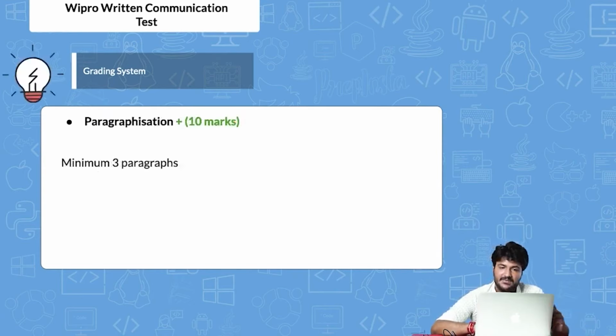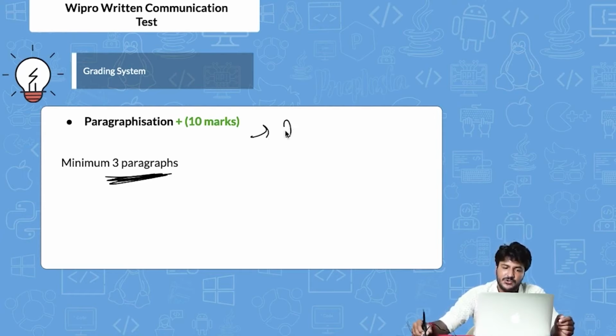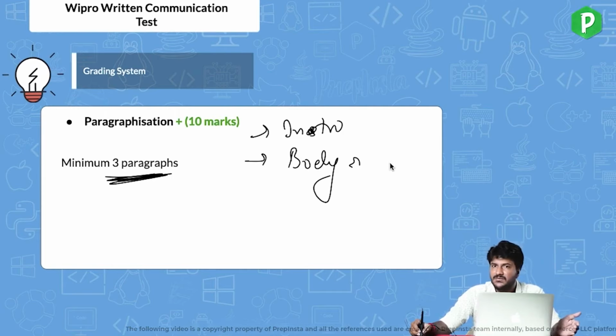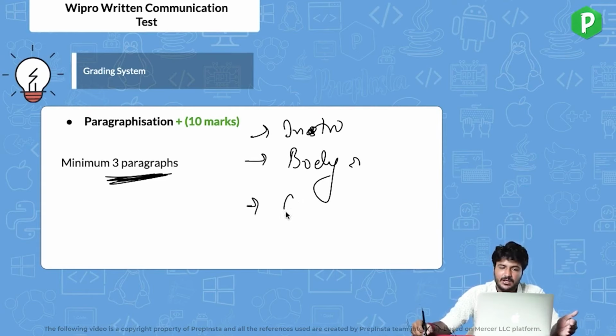And then this paragraphization. What we would generally suggest is to write at least 3 paragraphs in the essay that you're writing. The first paragraph should ideally be about the introduction, right? The next paragraph could be the body, about arguments that you're making, about examples that you're giving, about the factual information that you're providing, about the experience of the people if you're trying to include that, giving positives and negatives, and then finally the conclusion.